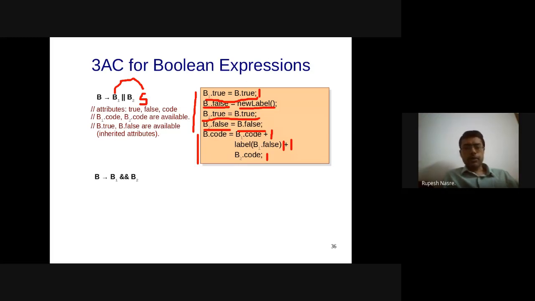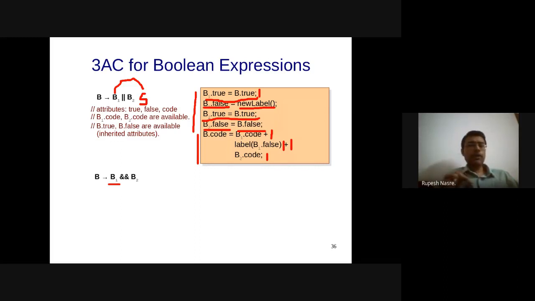All right. So whatever Raghu and Sarthak have written seem to be correct statements, with the modification that is suggested by Sarthak. So essentially, if B1 is false, then we know that all of this is false, and therefore we need to go to B dot false. Which means that B1 dot false is going to be equal to B dot false. So that is the first part.